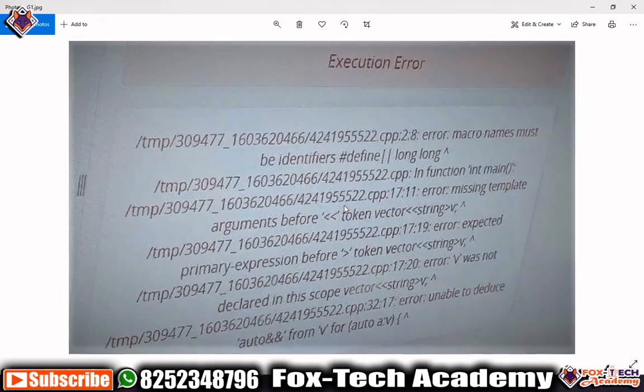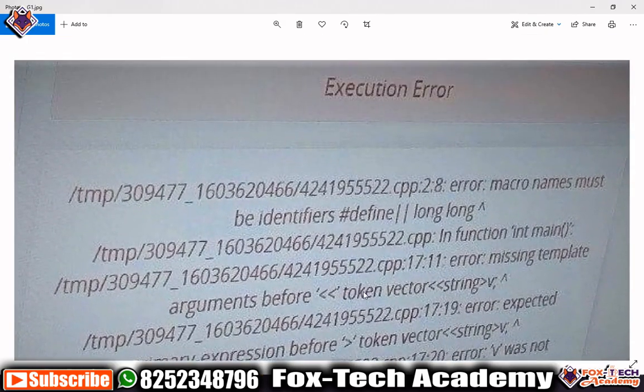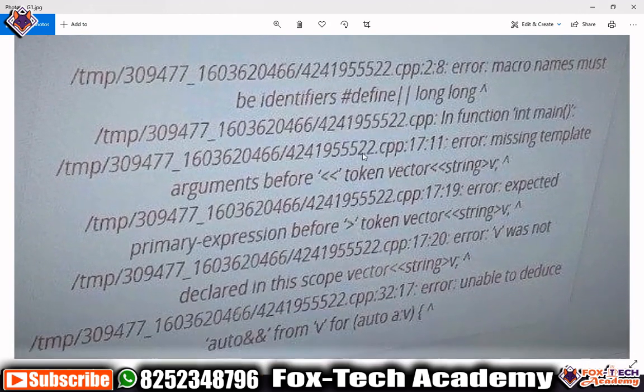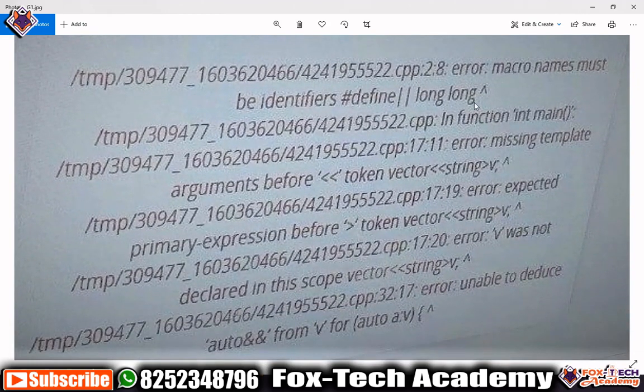In this next error, they are also giving some errors and also the line number of that error. I said earlier also that finding a syntax error is very easy compared to a logical error. Sometimes in a logical error you have to spend some time. It means you have to run the program to find where you made a mistake, but with a compile time error or syntax error you can easily, even in 15 or 20 seconds, figure out